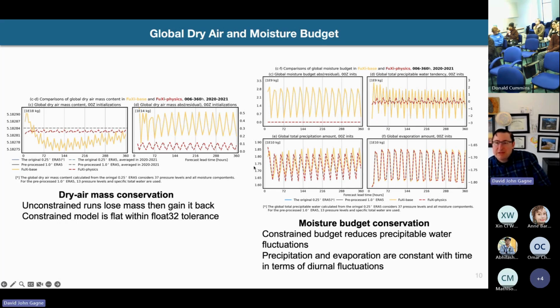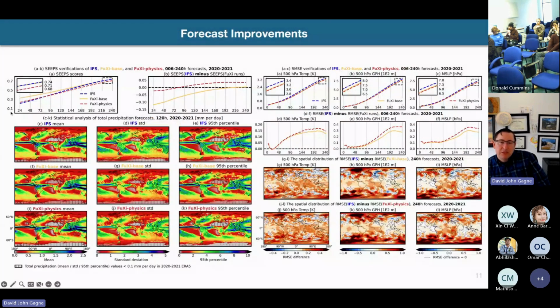And so that basically helps stabilize the model quite a bit and get something that is much more performant over time. So where do we see the benefits of this? One of the areas we see is in precipitation, where we remove the light precipitation bias that's present both in the IFS and in our baseline model. You can especially notice it over the Sahara and Antarctica, where there are large areas of liquid precip still falling. So we get rid of that, but also without messing with the extremes,